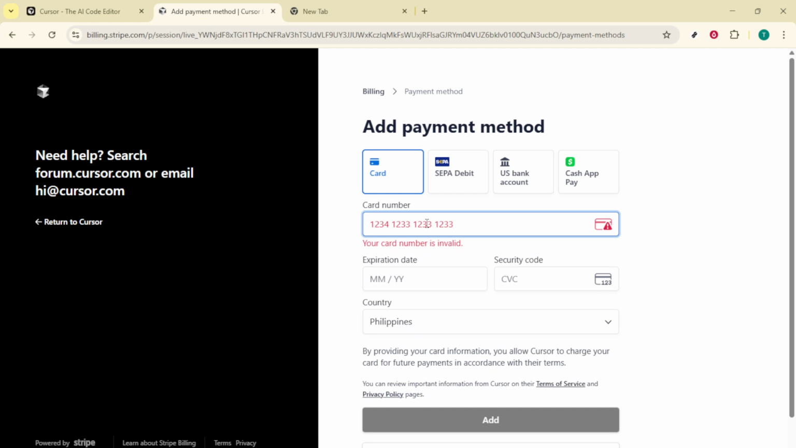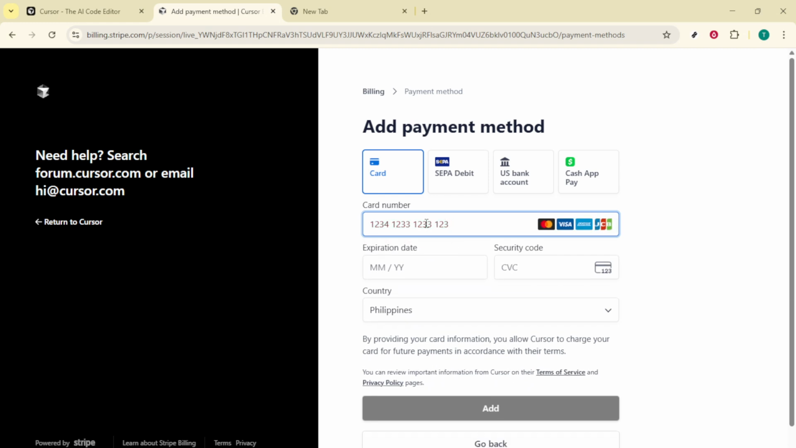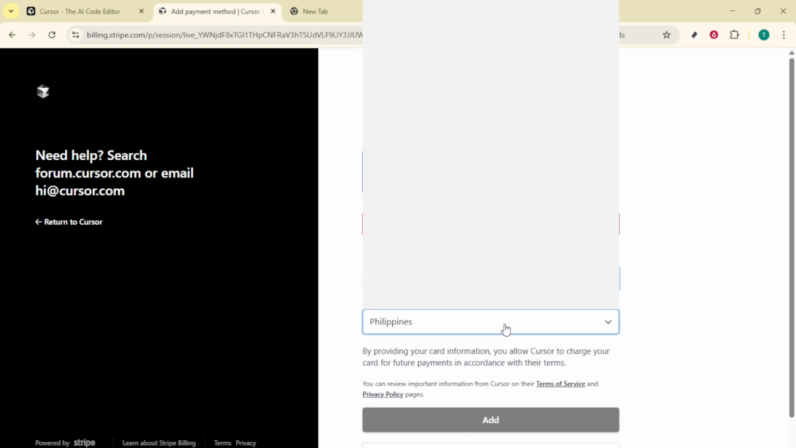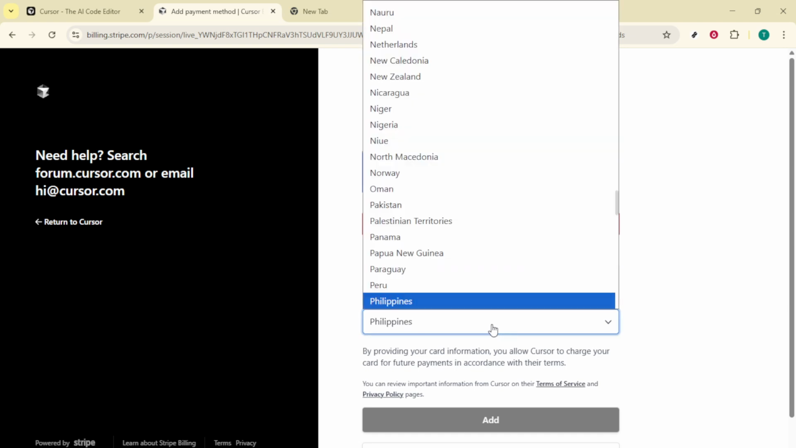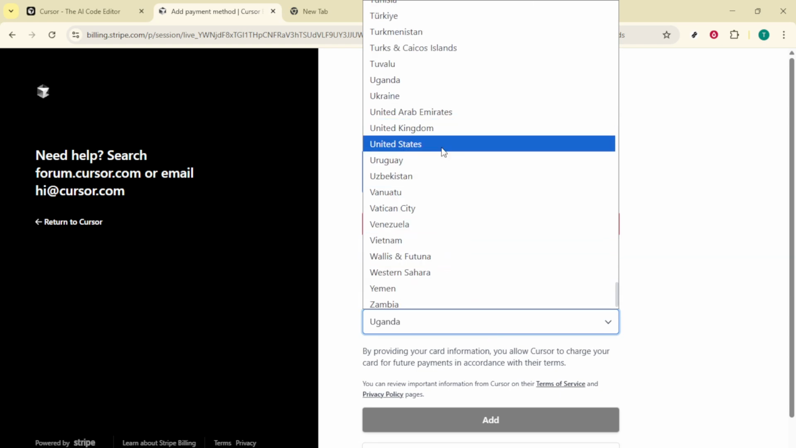Once the method is added, you should see it listed within your subscription settings. That's your confirmation that the account is ready for future billing. If you don't immediately see the new payment method in the list, refresh the page or reopen Manage Subscription to update the view. And remember, keeping your billing information current ensures uninterrupted access to your tools and avoids surprise service